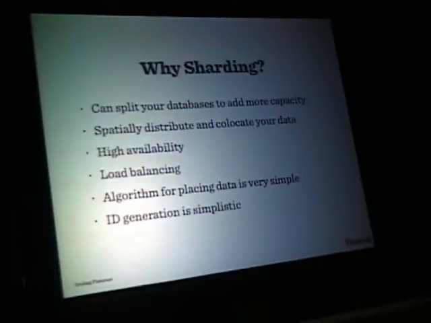So let's go with sharding. Why sharding? Well, first of all, you need sharding. If you're on one database, you need sharding so that you can have multiple databases to support your problem. You can split your databases to add more capacity. You can spatially distribute and collocate your data. It's just like clustering. You have high availability and load balancing, but the piece that really worked for us is